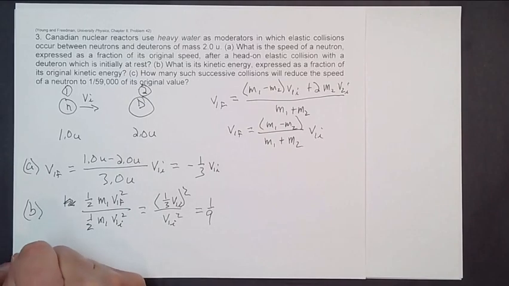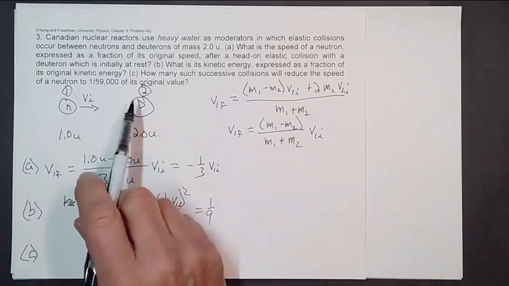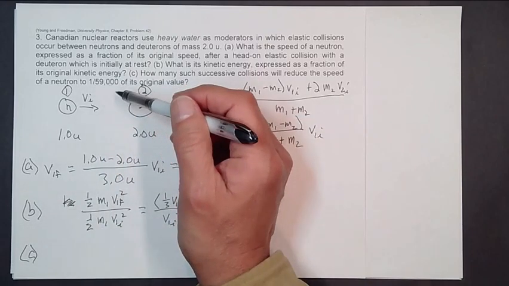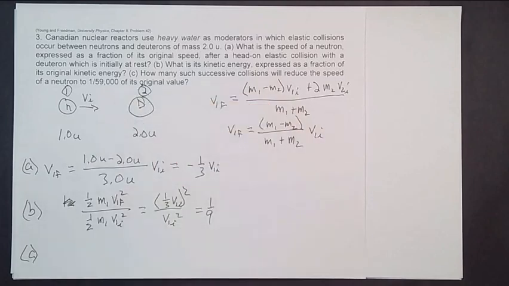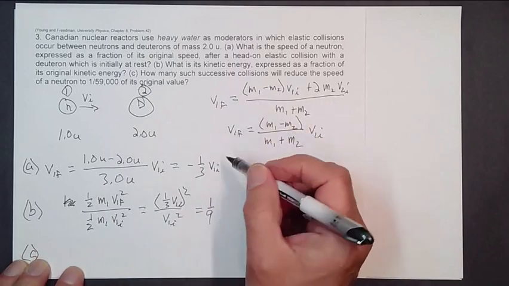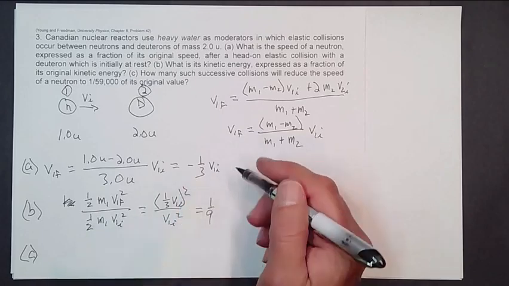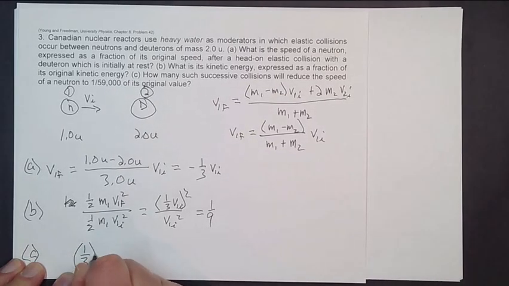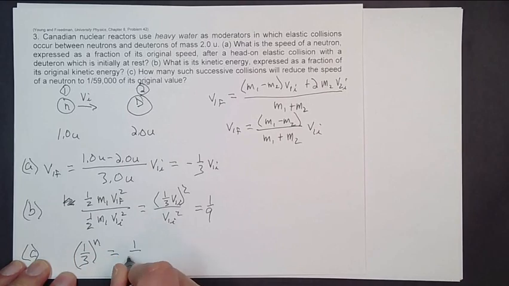Now, how many successive collisions will reduce the speed of a neutron to 1/59,000th of its original value? Okay, now they're just asking about the speed, dropping it down to 1/59,000th of its original value. Its kinetic energy would end up being 1 over 59,000 squared, which is a very tiny fraction of the original value. But if we're just thinking about reducing the speed, we reduce the speed by 1/3 every time there's a collision. And so we're wondering, how many times do you have to do that to get 1 over